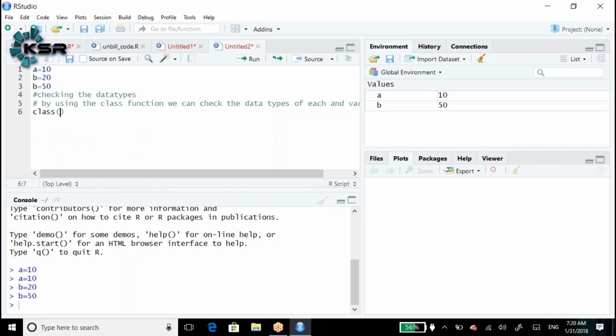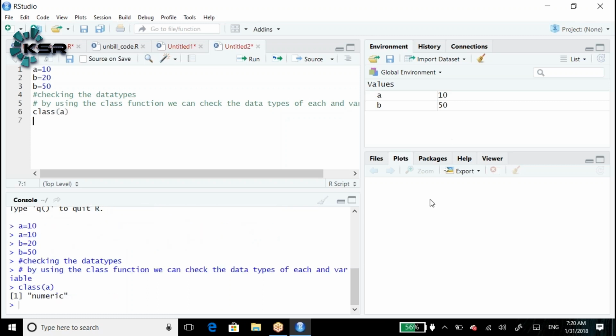Class of A. A is whatever you have assigned, whatever you have created. What do you mean by A? A is equal to 10. That is the meaning of A. Suppose I run this one, here see, class of A comes as numeric. You can see the output in the console window. The left top is called the editor window. Below the left one is the console window. You can see the output in the console window.